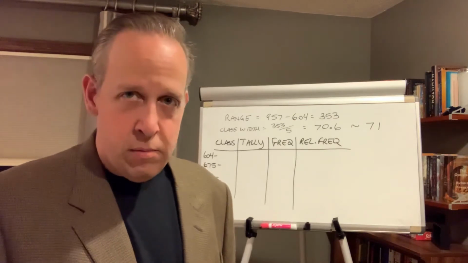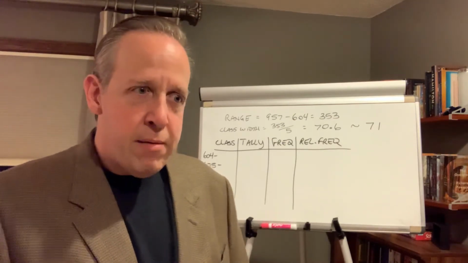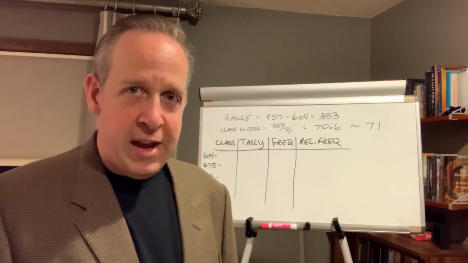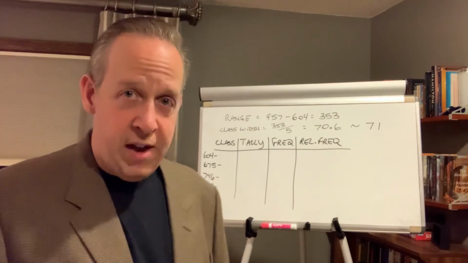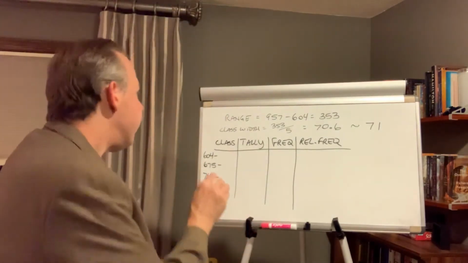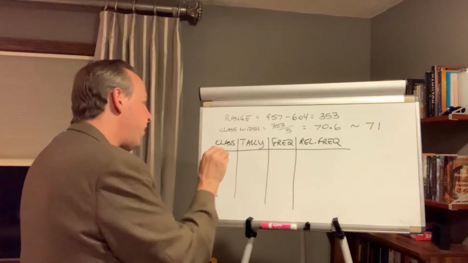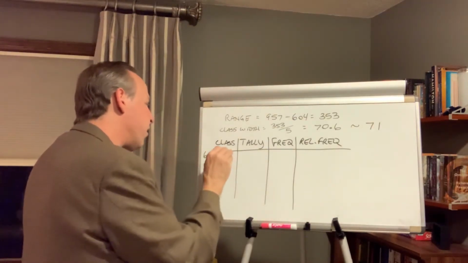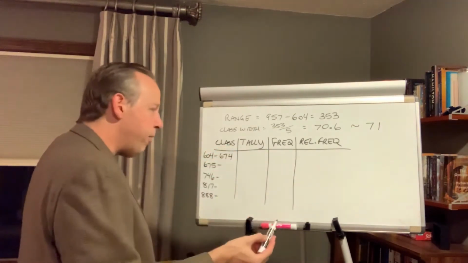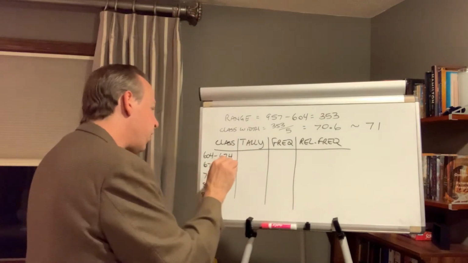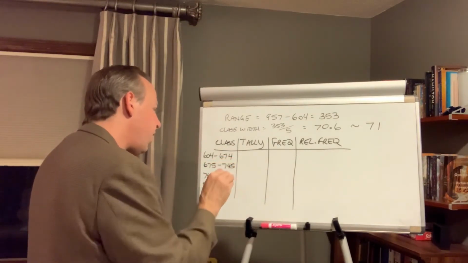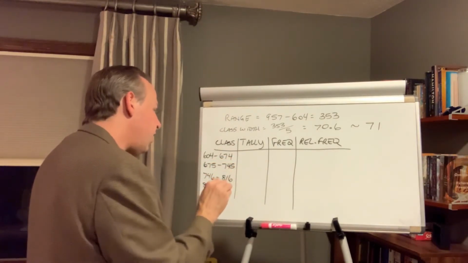Where does a 10 go? It can't have both buckets as an option, so we can't begin and end with the same value. Since the next class began with 675, this one ends at 674, one before it. And we keep going, so that's 745, 816,